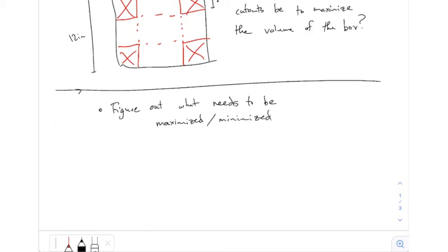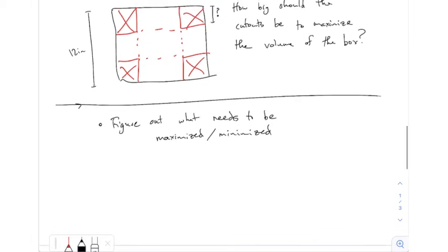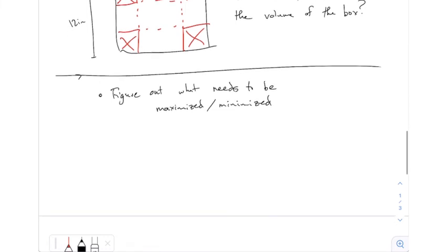Now in this particular problem, it's the volume of the box, right? Because I said so. I said maximize the volume of the box. In some problems, you have to read the words carefully to figure that out, and then figure out what needs to be maximized or minimized. Okay, then write